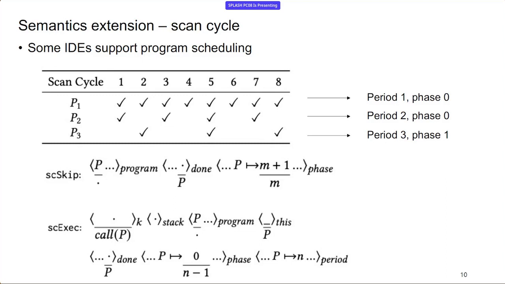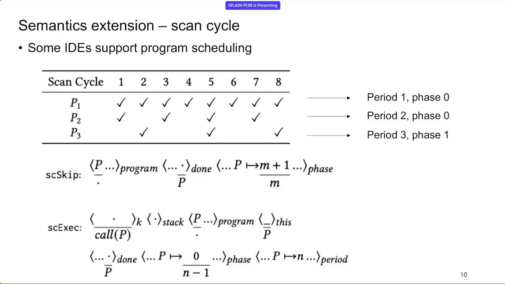So the phase of program 2 must be set to 0 when we want it to be executed in the first cycle. And for program 3, the phase has to be 1 so that it starts from the second cycle. To implement this,